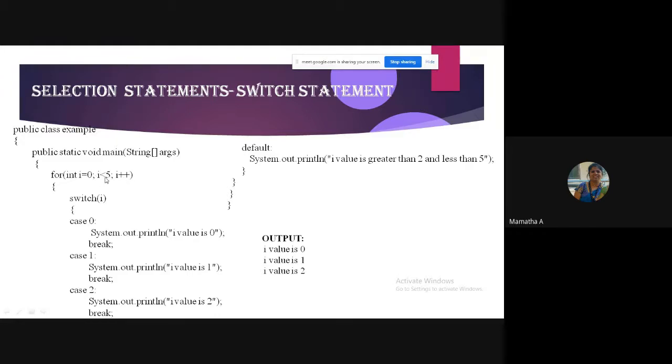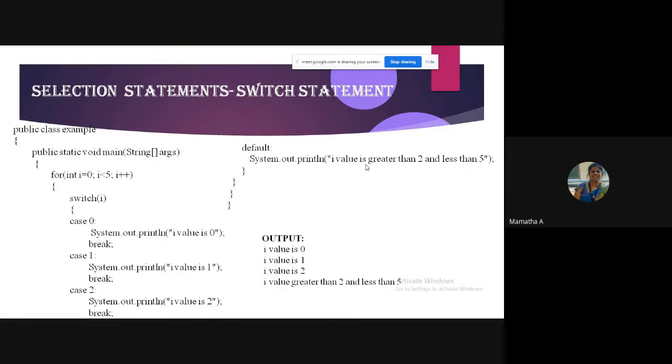Again break out and it goes. So you can observe that the next value of I is 3, and I don't have any case that matches the value of my expression. I only have cases 0, 1, 2. None of the cases matches the value of I equals 3. So which case will be executed? Default. And I print a value greater than 2 and less than 5.